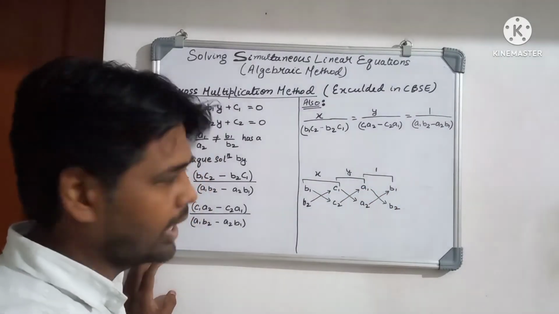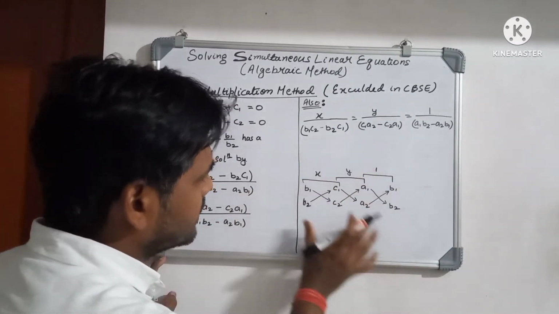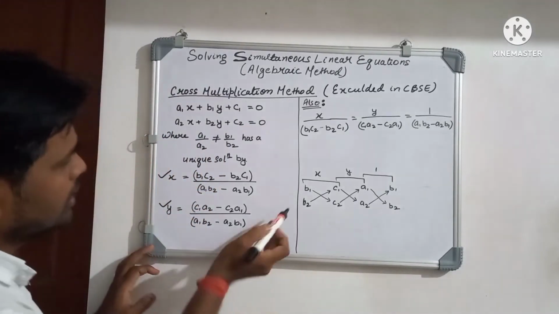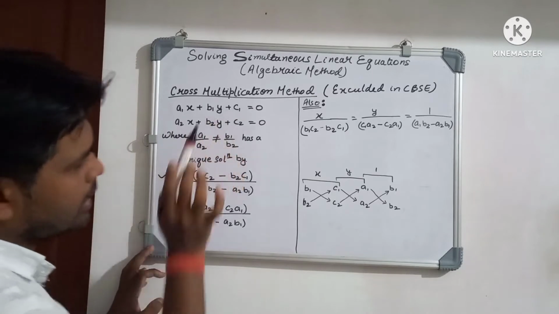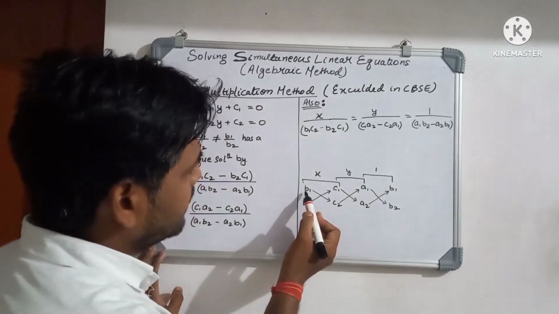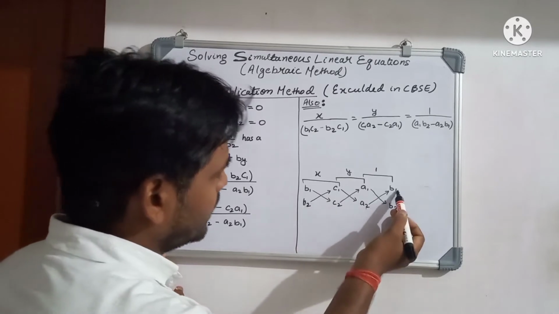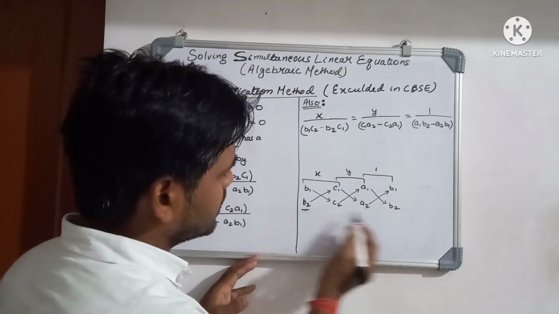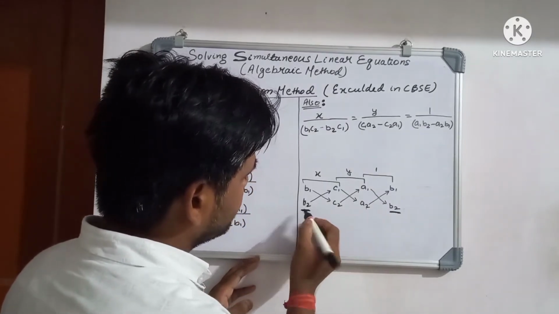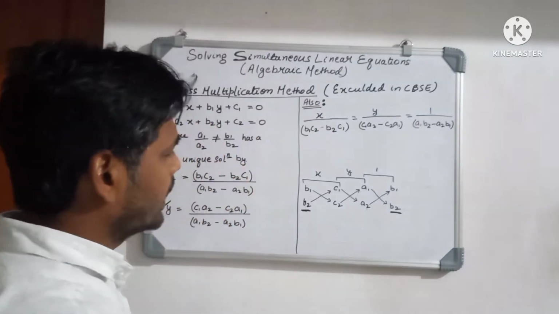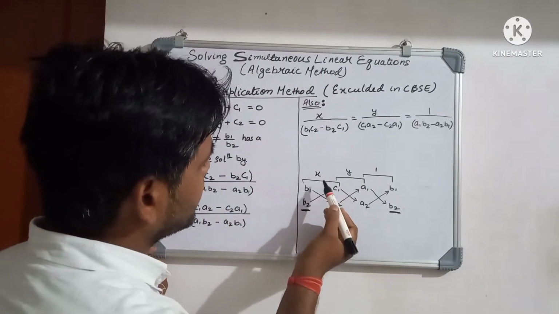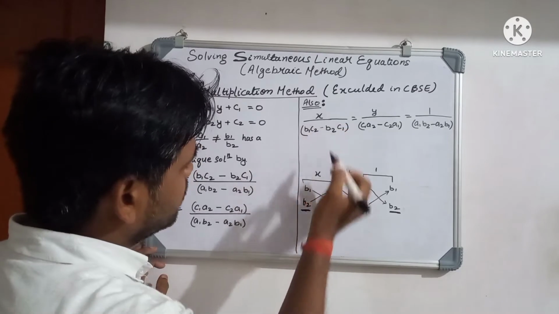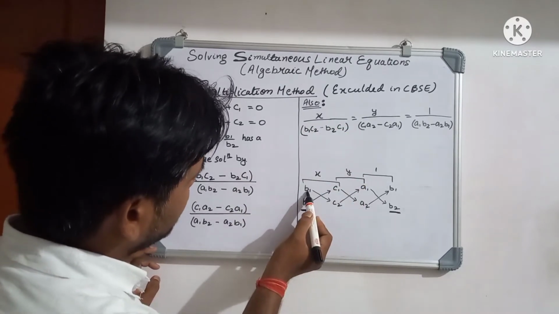We can apply this in a graphical method, or use this graphical representation of the respective values that are a1, a2, b1, b2, c1 and c2. So if we write b1, b2, c1, c2, a1, a2 and again b1, b2, you may observe that the values of b1 and b2 at the first and at the last have been repeated. This is just to make us clear about the values that we would be getting for x, y and 1. So x could be written as x over b1 multiplied by c2.